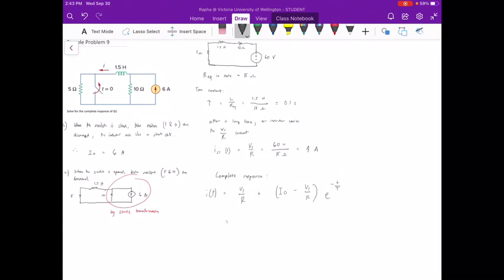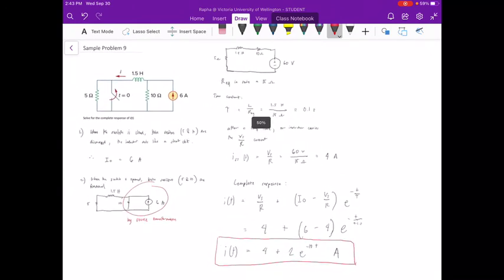Then we have Vs over R to be equal to 4, plus our I0 is equal to 6 amperes minus Vs over R again, which is equal to 4, multiplied by e to the negative t over 0.1 seconds. So our i(t), our final formula for our current at any point in time, is equal to 4 plus 2 e to the negative 10t amperes. So that is our final answer, unless the problem specifies to us to calculate the value